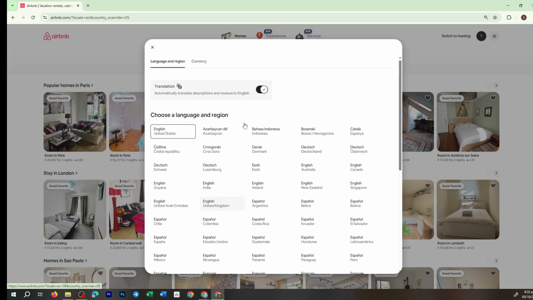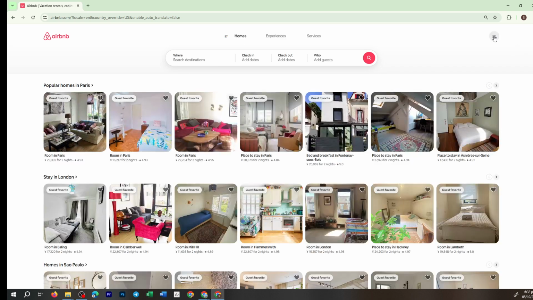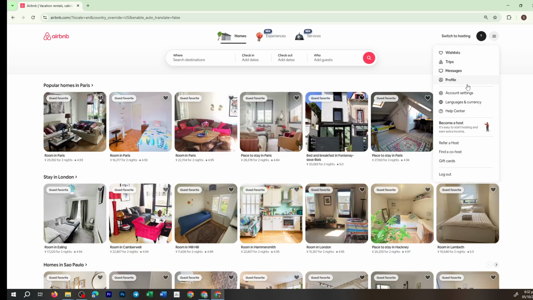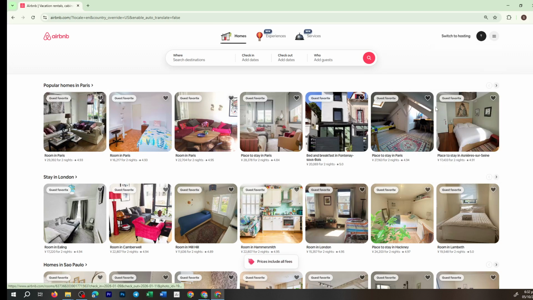There's also a useful feature to consider here. Airbnb allows the automatic translation of descriptions and reviews into English. This can be especially helpful if you're dealing with listings from different parts of the world, but prefer to read everything in English. Once you've made your language selection, just sit back for a moment as the screen reloads and